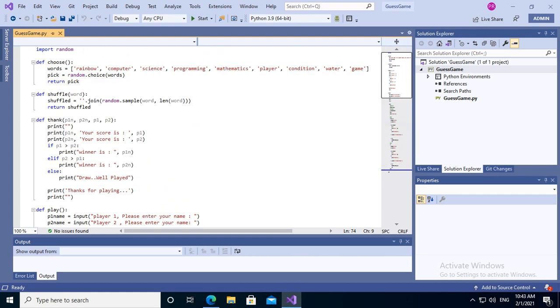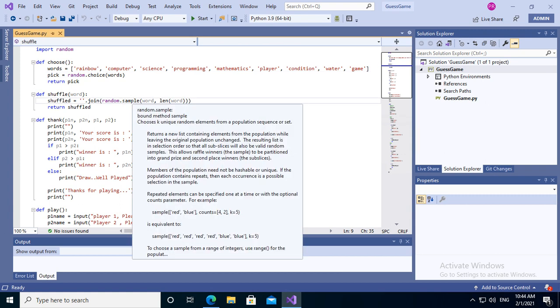Import random. I have imported the random library so I can use its functionality. It is a predefined library. random.choice is a predefined function to randomly choose a word from the list. Then random.sample is also predefined to shuffle the words.